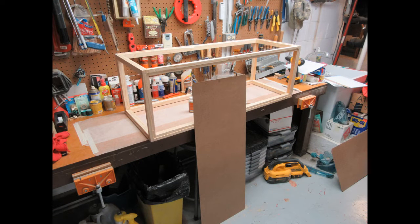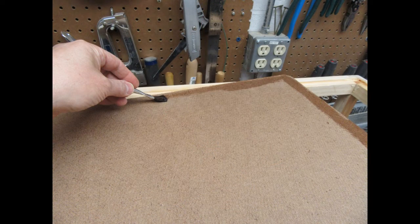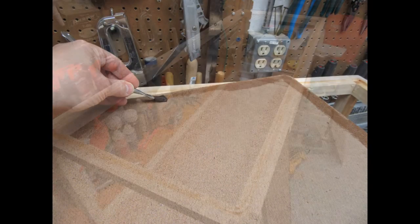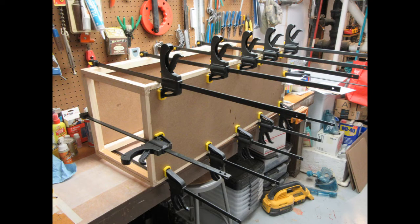I orient the frame with side A facing up and panel A at hand. I paint the frame inlay area with water and likewise paint the inside edge of the masonite panel with water. I lay a generous bead of Gorilla Glue into the frame inlay area. I quickly flip the case upside down and perform the same water and glue process on the opposite side, and then turn the case on its side and use beam clamps to press the 2 opposing side panels into their